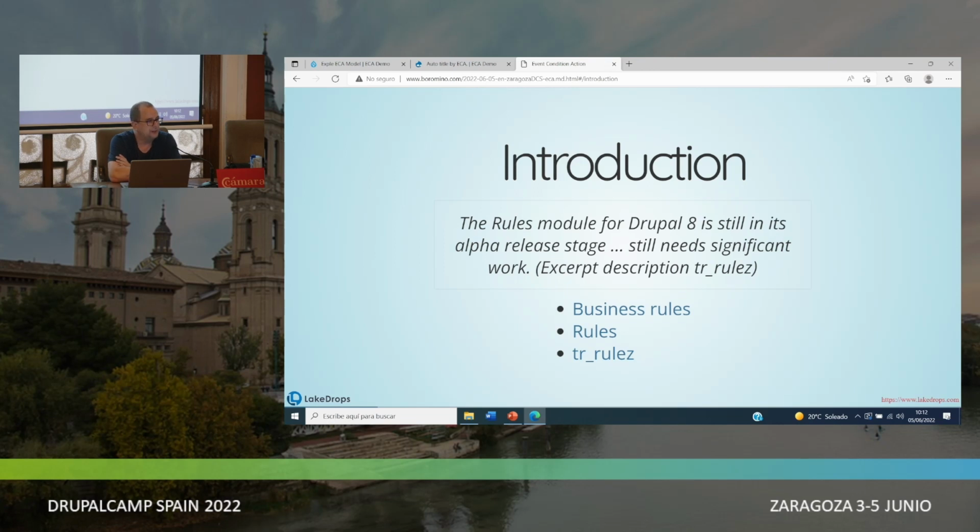We had to decide if we try to go with the Rules module and provide patches, but we didn't know what the cost was, given that the Rules module was not ready yet, because they have been developing it for 3 years and it didn't work. And we didn't know how responsive the maintainers were. And in fact, in